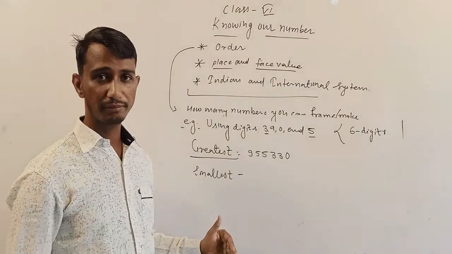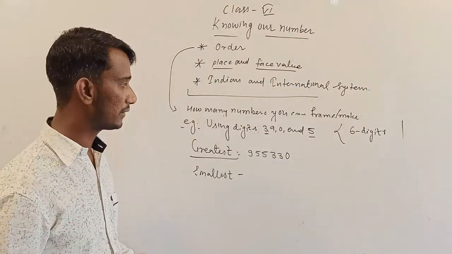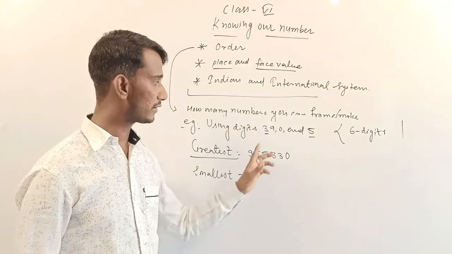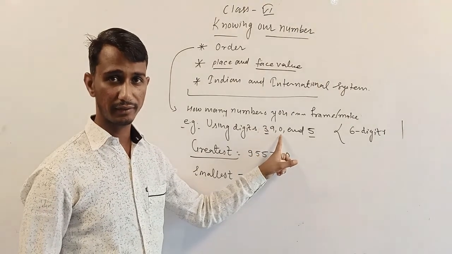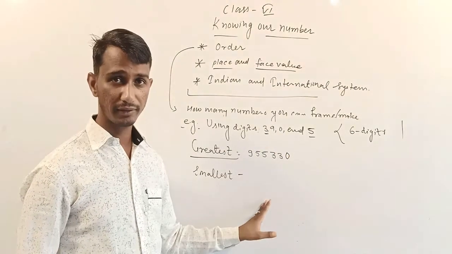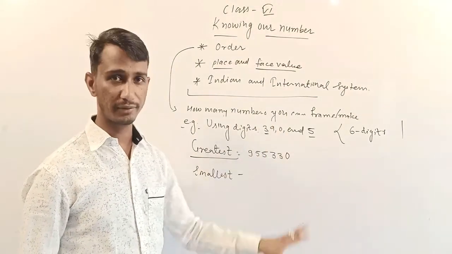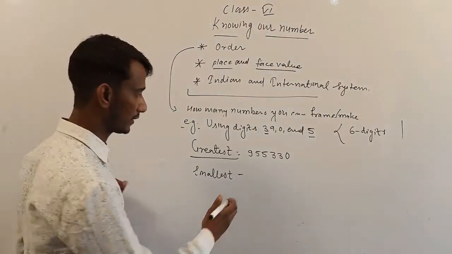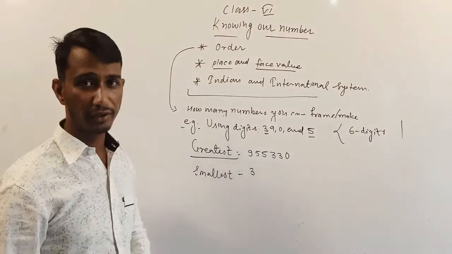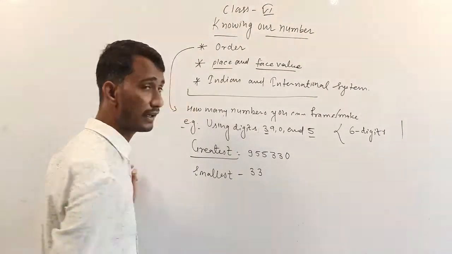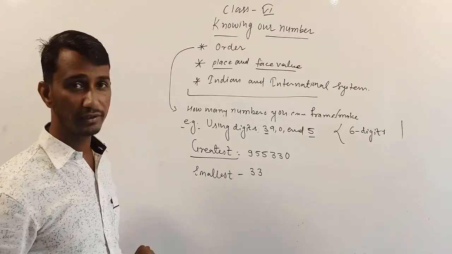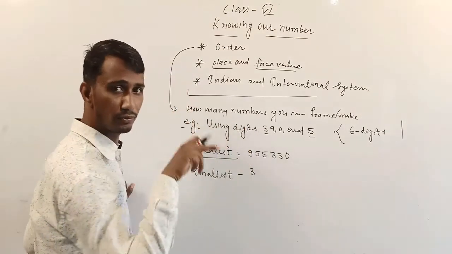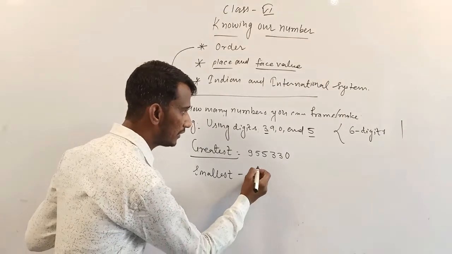Same process, but as I told you in an earlier example, no need to start with 0. If you are framing any number, you start from the next digit. So we do not use 0 first, we have used 3 here. But one more important thing: if you write 3 again, then your smallest number is not correct. Why? Because after 3 you can use 3 2 times, but after that you write 0.